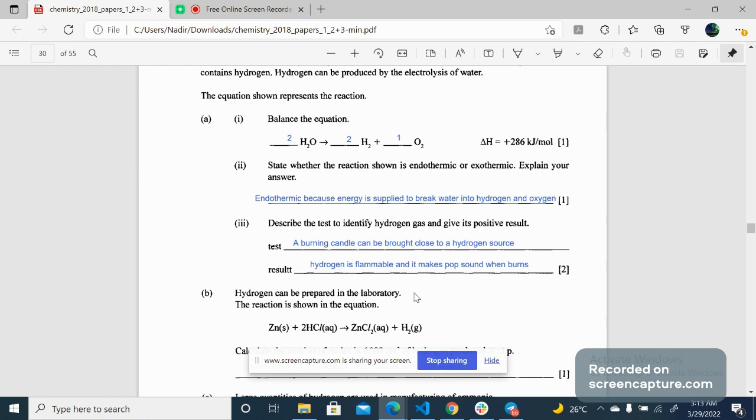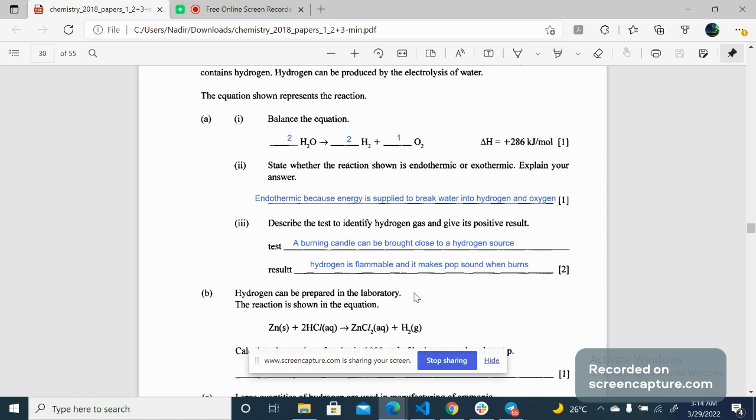So it means there's hydrogen available there. That's why it's getting burned. In absence of hydrogen, it will not do the thing. I mean, if there is no hydrogen, there is nothing to get burned from the candle. But if there is hydrogen, only then we will have some popping sound from the candle. It means that this flame of the candle is burning the hydrogen, and we will be ascertained in our claim that this particular location is a hydrogen source, or hydrogen is available there. So this is how we do it.